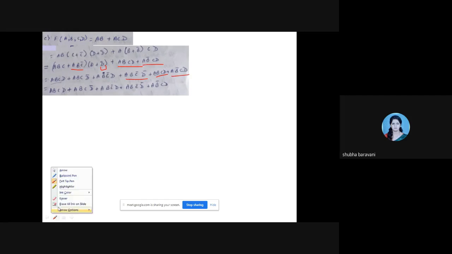Then the next part is to eliminate common terms. So ABCD I have here and ABCD I have here. I have taken it common, and other terms I have retained as it is. Up till here, is that understood? All could tally your answers.